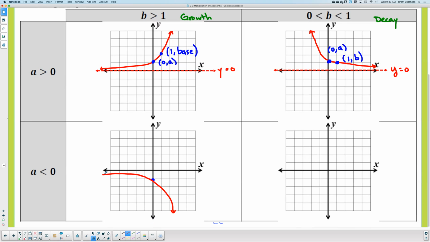And so we would actually now call it exponential decay. It's kind of tricky, but we still have the same asymptote. That's y equals 0. That's still there. But now this point, since a is now negative, 0 comma a is now negative, a is less than 0, so it's down low. And this point would still be 1 comma